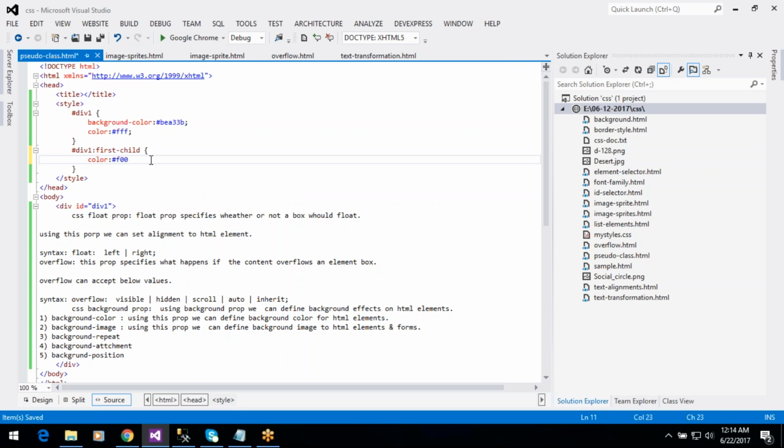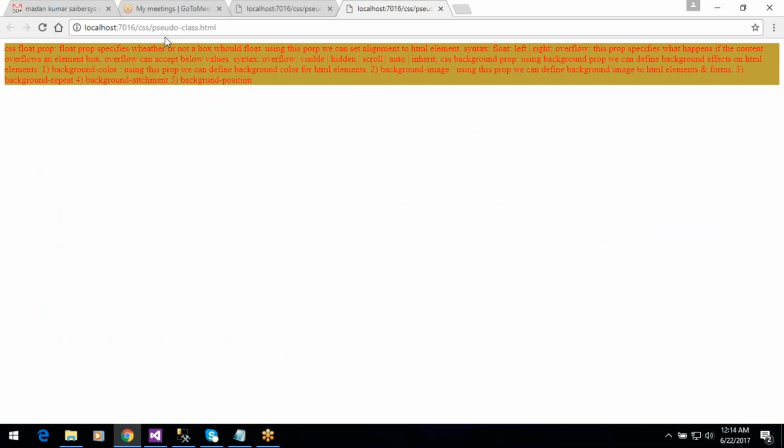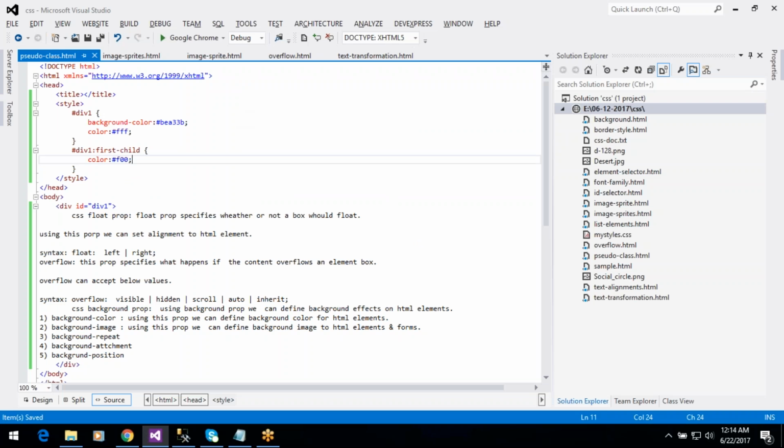Red color. Div tag first child color. Div tag background color, and then